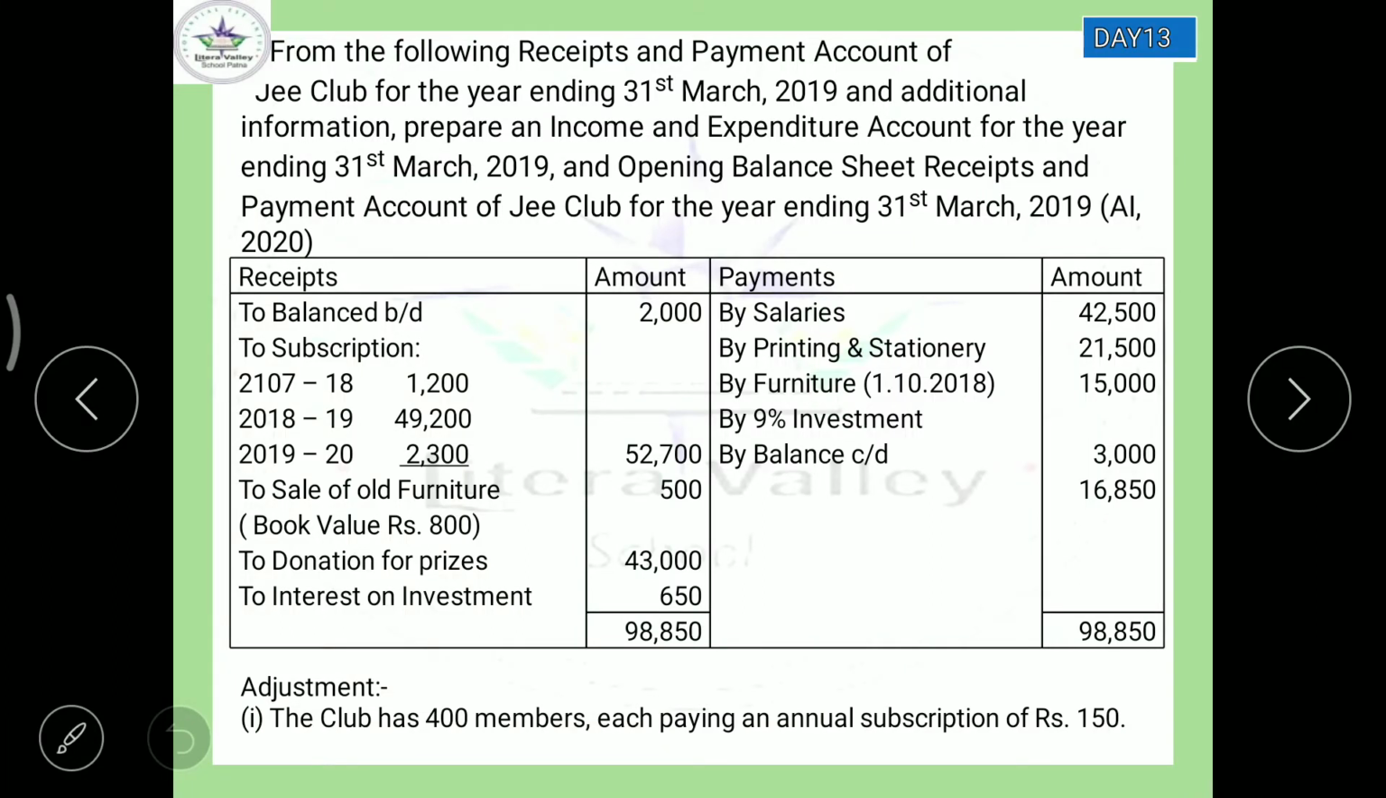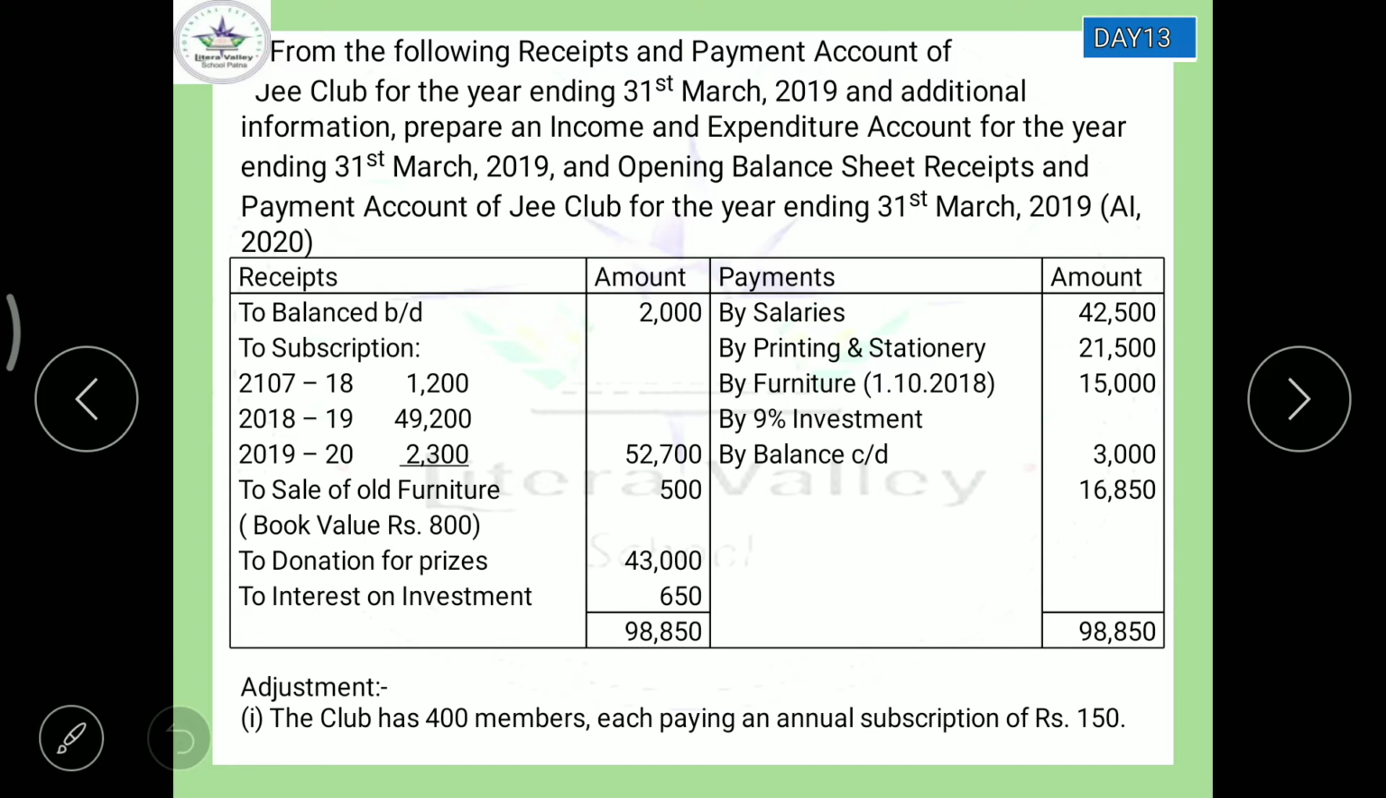Good morning. Today we are going to solve a complete question based on receipt and payment account and additional information. I have tried to explain the entire thing and to cover the entire thing so you can understand it clearly. The question is given here, and we have been asked to prepare income and expenditure account, and